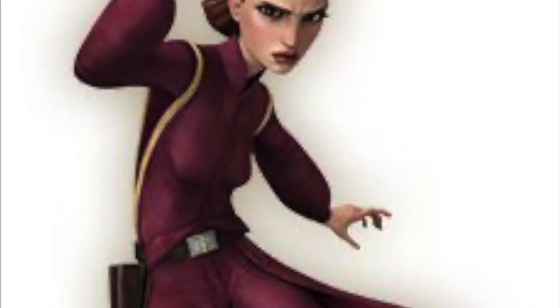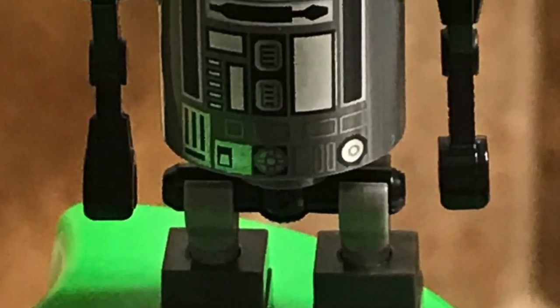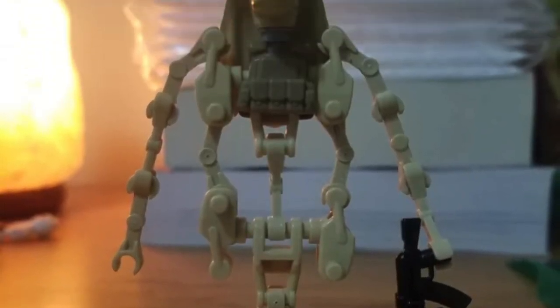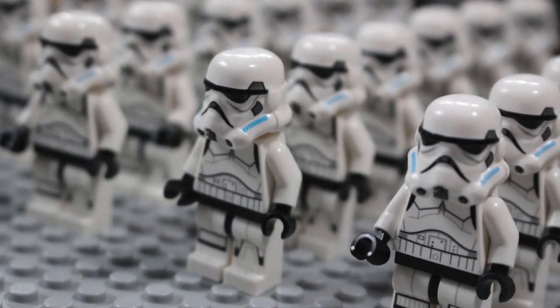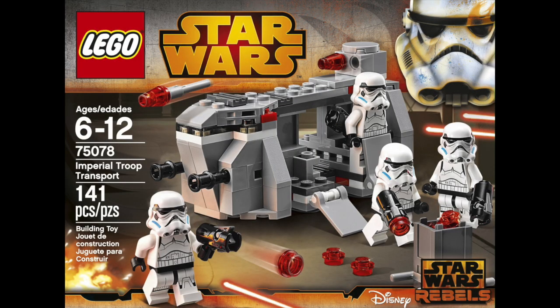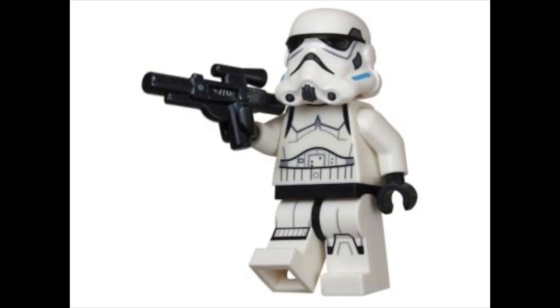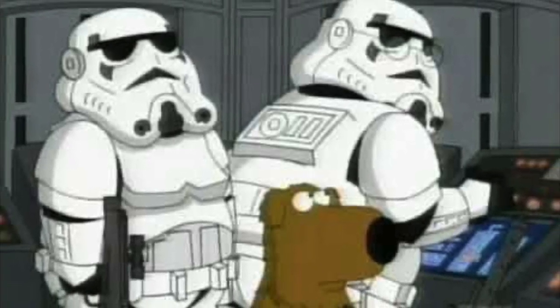reception this minifigure received. And now, of course, the moment you have been waiting for, the number 1 most hated LEGO Star Wars minifigure, which is none other than the Rebel Stormtrooper. This minifigure has been a source of frustration for many fans because of that goofy helmet. Collectors were disappointed with the detailing and just how out of place the piece was at the time. It doesn't even look like an actual Star Wars character. It really more resembles caricatures of stormtroopers from the Family Guy Star Wars parodies because of the exaggerated